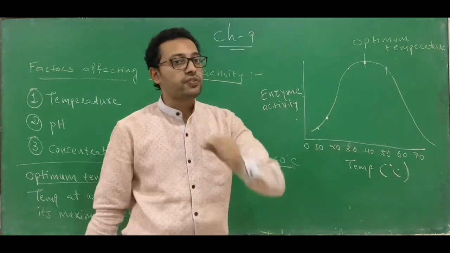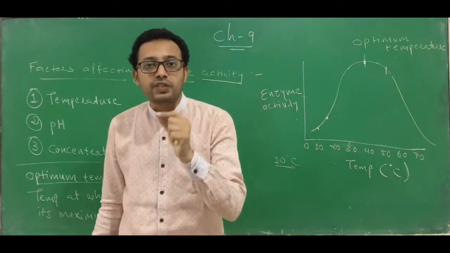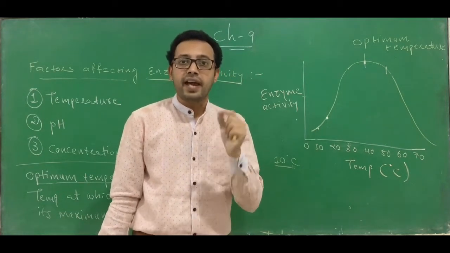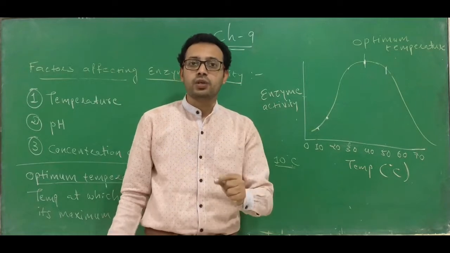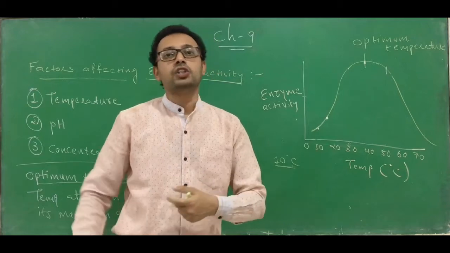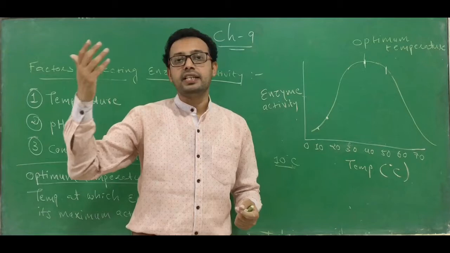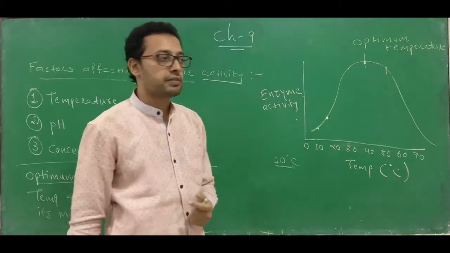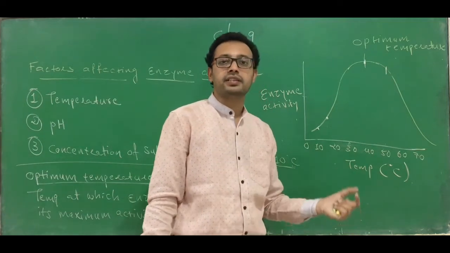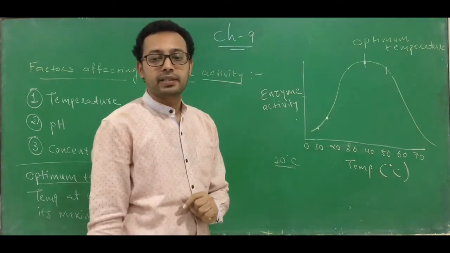But I have already told you a few exceptions in the previous sessions. The exceptions are the enzymes isolated from organisms that you can find in hot springs, vents, and sulfur springs. These are the locations from which, if you isolate a bacterium, the enzymes of this bacterium can also survive at higher temperatures. They can survive at 70 degrees Celsius, 80 degrees Celsius, and show activity there. Clear? But they are exceptions. Usually the optimum temperature is in the range of 30 to 40 degrees Celsius. So that is the first factor that affects enzyme activity.